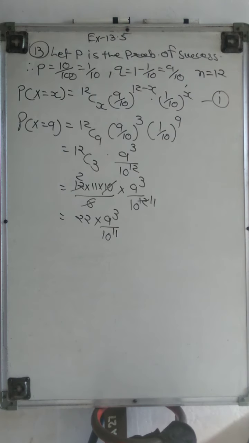Right? So this way we can complete our sum. Okay, then we go for the next one, which is the 14th one. Now 14 and 15 are MCQ. In 14, it is given that in a box containing 100 bulbs, 10 are defective. The probability that of a sample of 5 bulbs, none is defective.